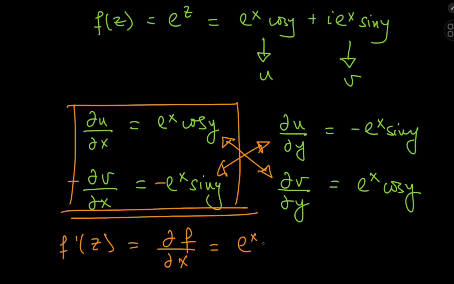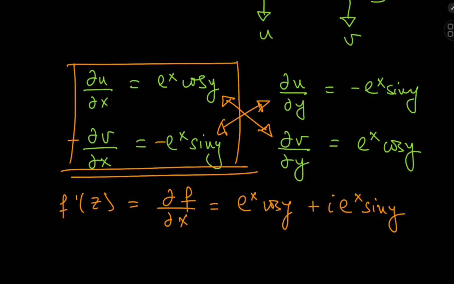So we have e to the x times cosine y plus I times the derivative of the imaginary part. So that is e to the x times the sine of y. Okay, great. And this is exactly what the complex exponential is. So the derivative of e to the z with respect to z is, as expected, the exponential function itself, which